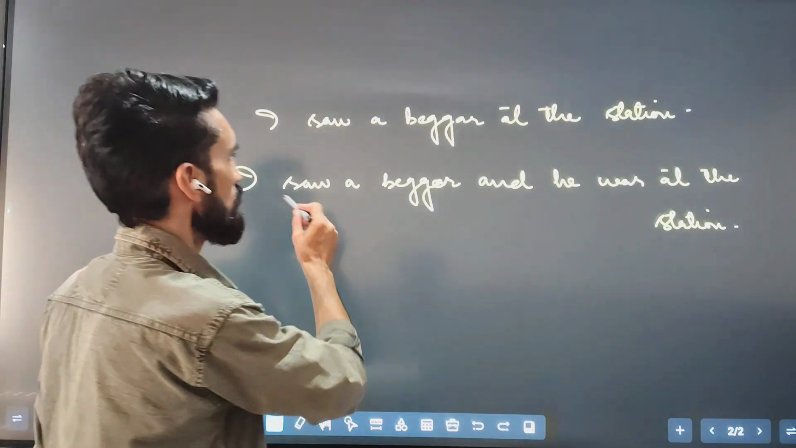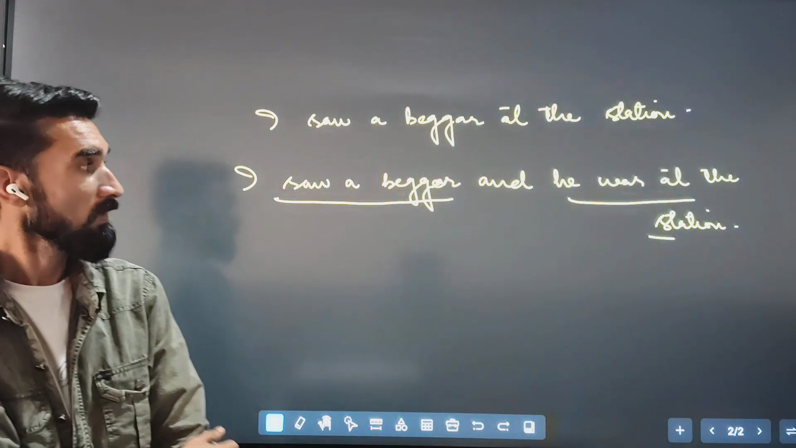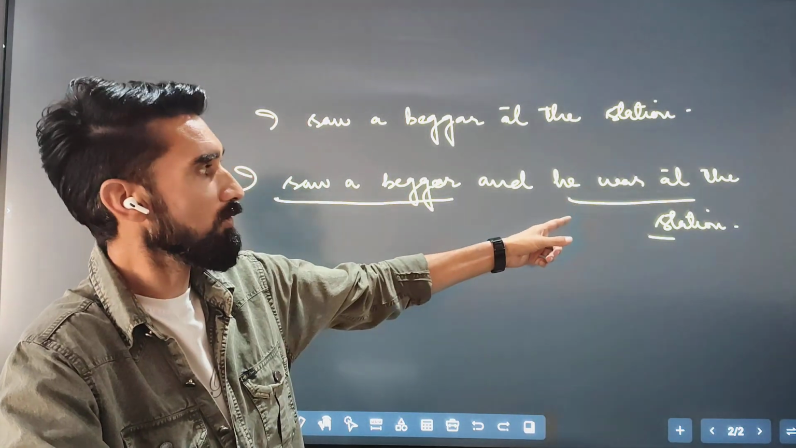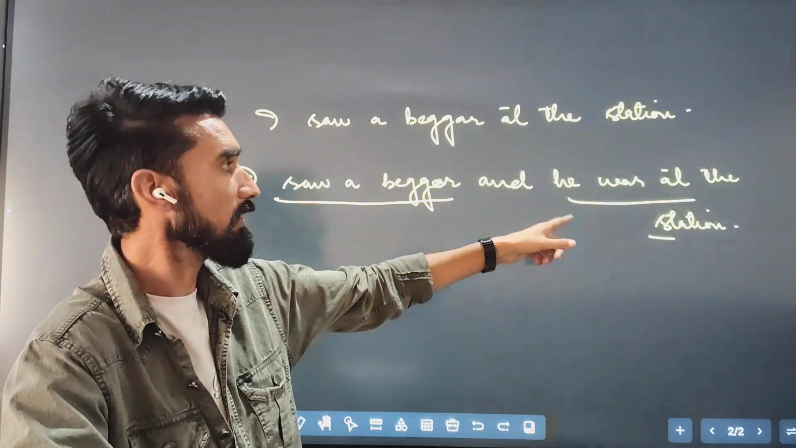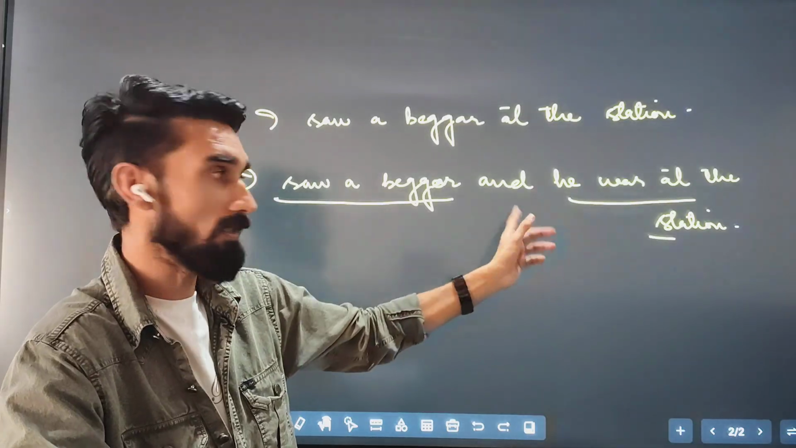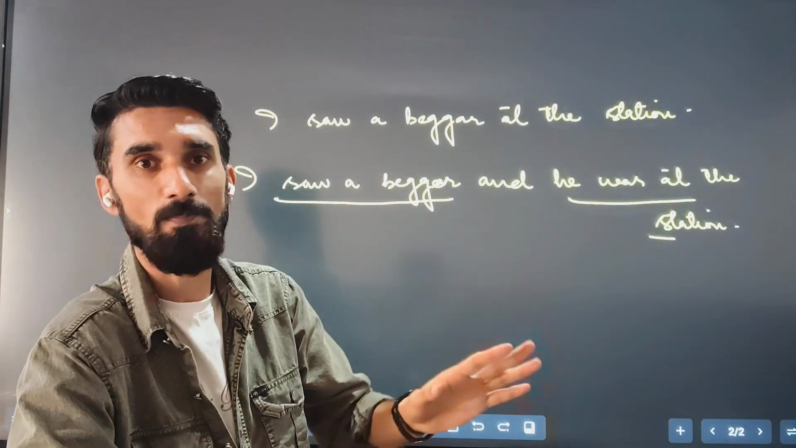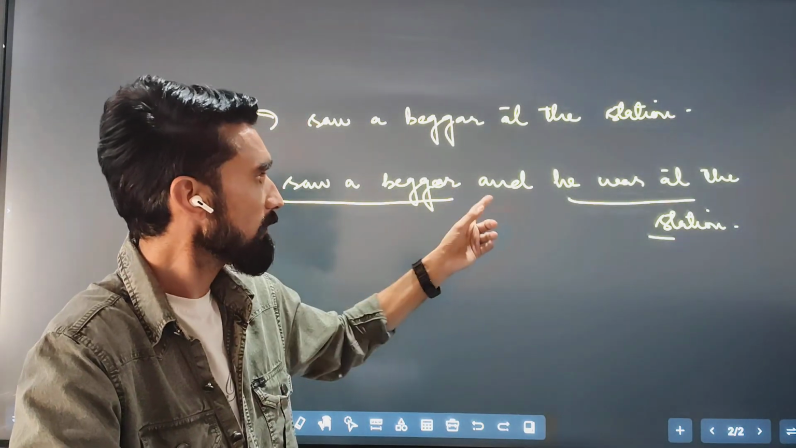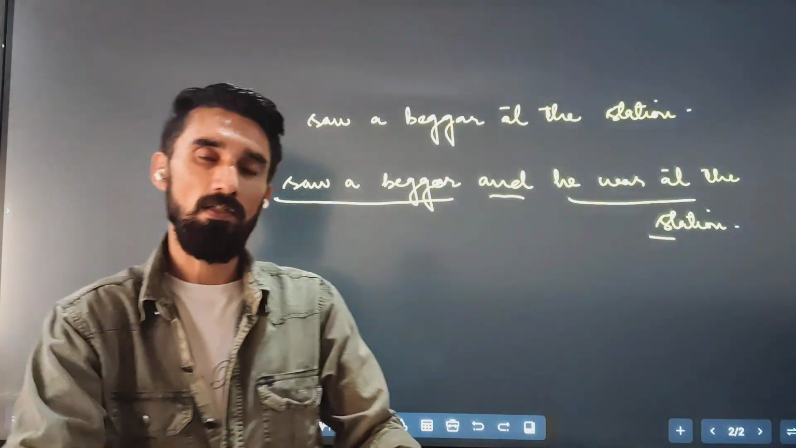The first one is "I saw a beggar" and the next clause here is this one. "I saw a beggar" makes an independent meaning, and this too, if said without the other part of the sentence, will make a complete meaning: "He was at the station." So neither of the clauses is dependent upon any part of the sentence. Both of the clauses are independent. So when two independent clauses are joined by a coordinating conjunction to make one single sentence, it is called